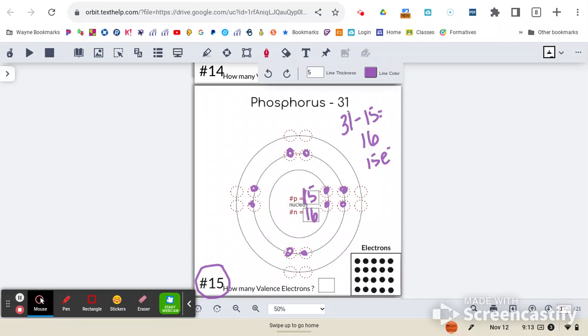So 2 in the first ring, 8 in the second ring. That is 10. And I've got to get to 15. So here is 11, 12, 13, 14, 15. So for my valence, I'm going to go to my third ring, and I've got 1,